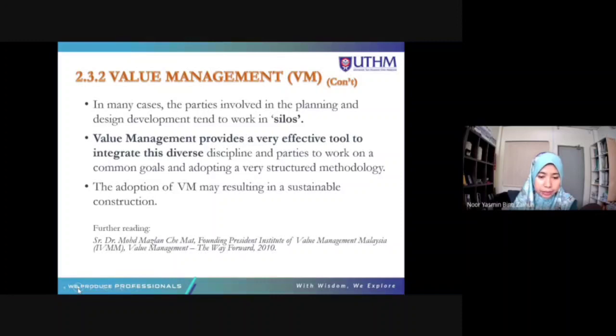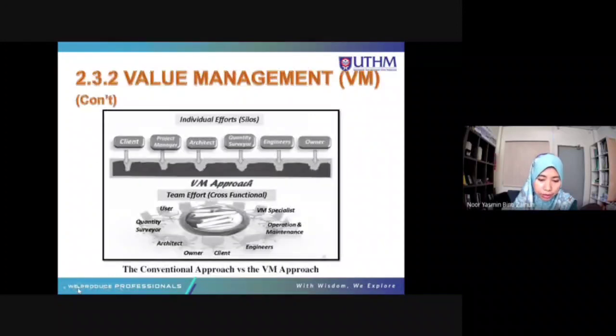So in many cases, the practice involved in the planning and design development tend to work in silos. Okay, why work in silos? Look here. So this is individual effort in silos. Means that client works by himself, project manager works by themselves, architect, quantity surveyor, engineer, owner. Ini yang selalunya berlaku dengan kita lah. Masing-masing duduk dekat tempat masing-masing, buat kerja masing-masing. Jadi bila buat kerja masing-masing,